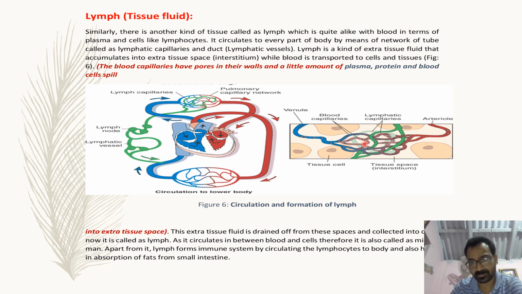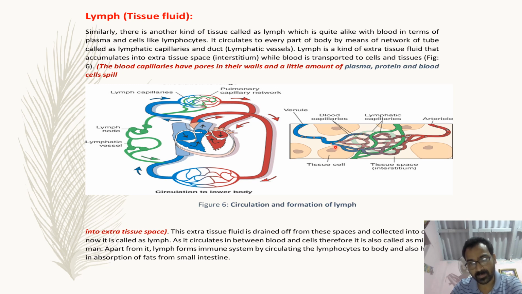You can see here, these are the cells, these are the cells, and each and every cell of the body is getting nutrients through the blood. Blood flows through the blood capillary. These are the blood capillaries, you can see here. So our blood capillaries have a single cell thickness, so they cannot hold everything inside.